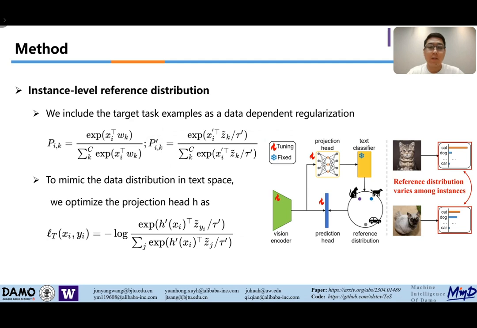However, the class-level method doesn't take into account the differences in the instance. For example, in the class-level method, a cat that is like a dog will still be a cat. To allow for more flexibility, we introduce the instance-level method that generates the corresponding reference distribution for each instance. We replace the proxies by the representations of instances and optimize a projection head to align the representation to the reference distribution.